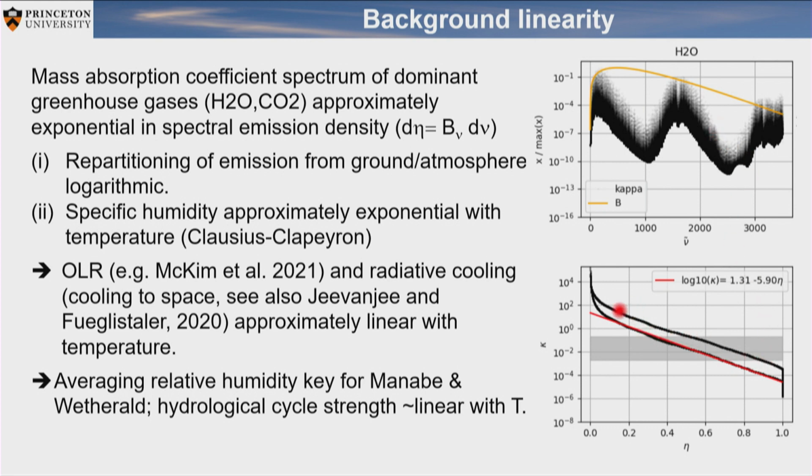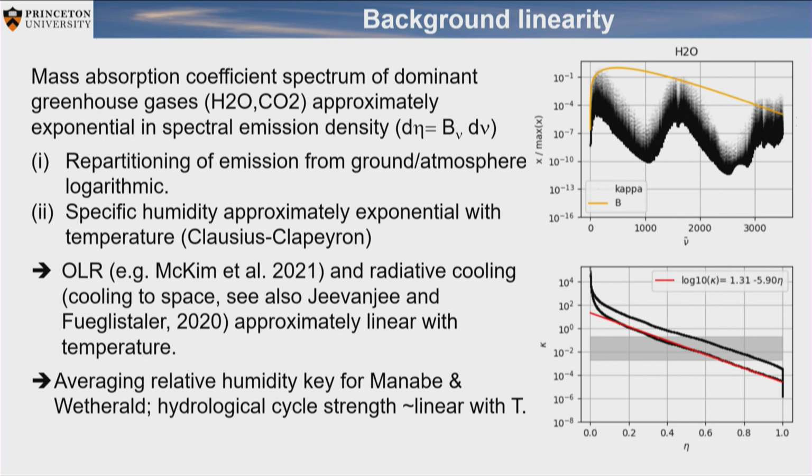If you sort that, you have all the high absorption coefficients here and the low ones here, and you see this is a logarithmic scale, so it's an exponential decay. If you multiply that with a certain amount of mass and neglect for the moment all the complications with broadening, pressure dependence, etc., roughly what it gives you is a corresponding picture for the optical depth, and that means your optical depth scales basically logarithmically if you ask what is the fraction of outgoing longwave radiation from the ground versus from the atmosphere. And because water vapor is exponential, that means it is then more or less linear in temperature.